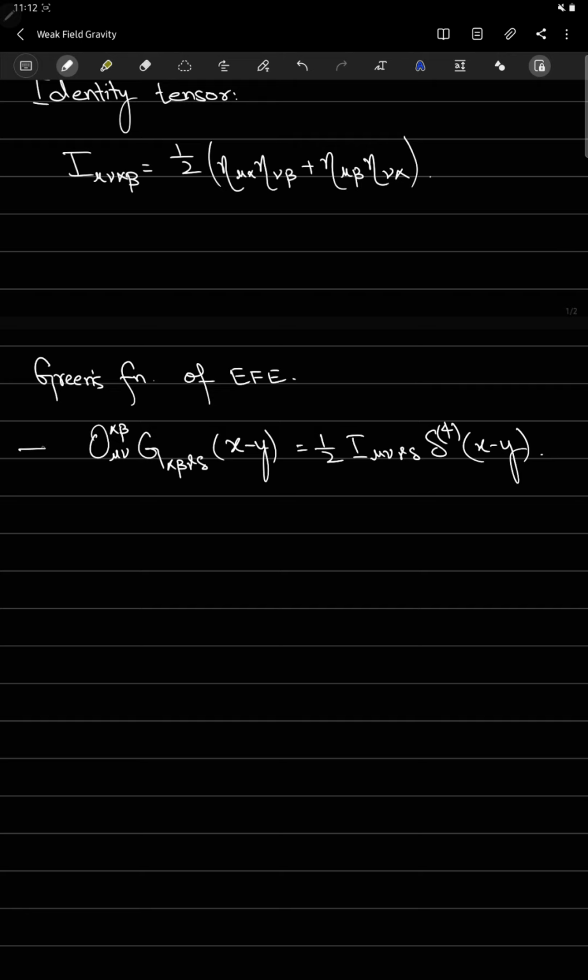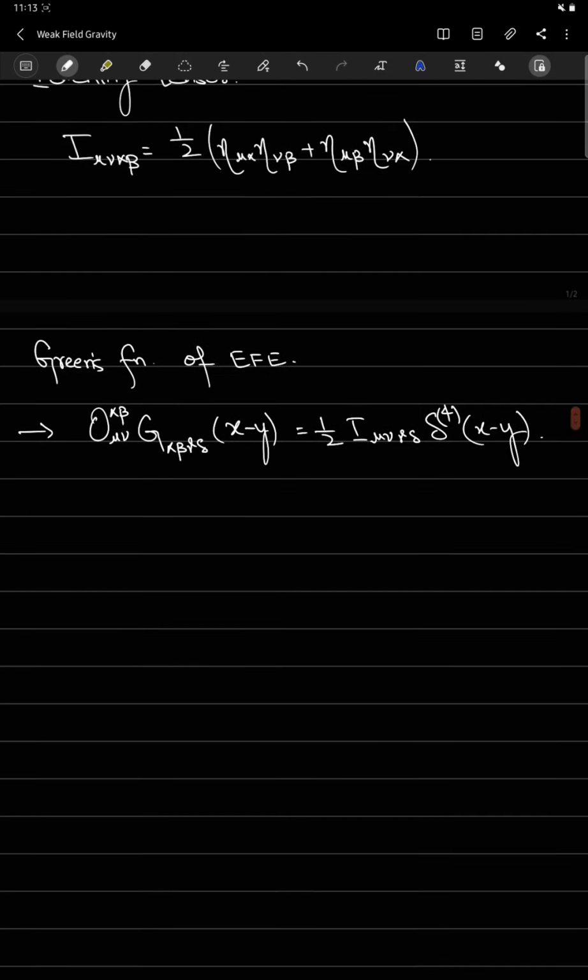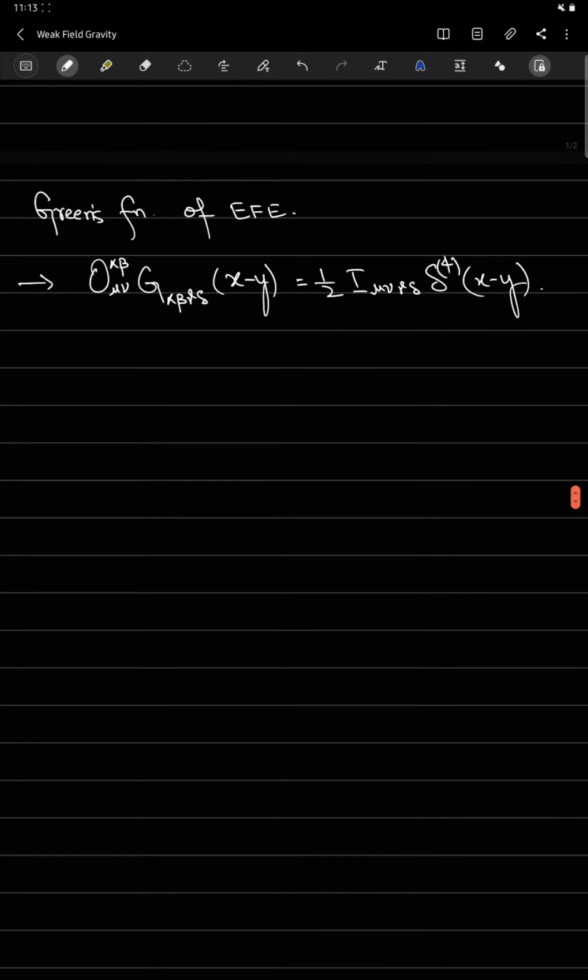So this comes from the same method that you adopt in your course on quantum field theory. And now let me define this operator O